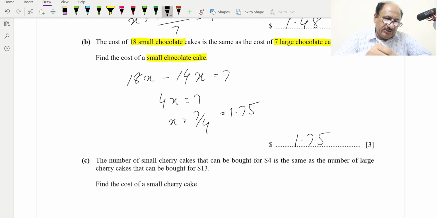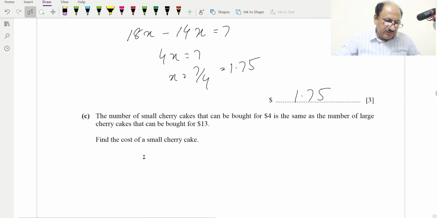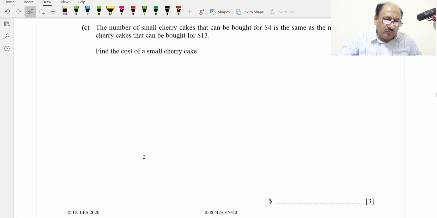The cost of 18 small chocolate cakes is the same as the cost of 7 large chocolate cakes. So this is how we have written the equation and solved it. Then next comes part C, the number of small cherry cakes that can be bought for $4